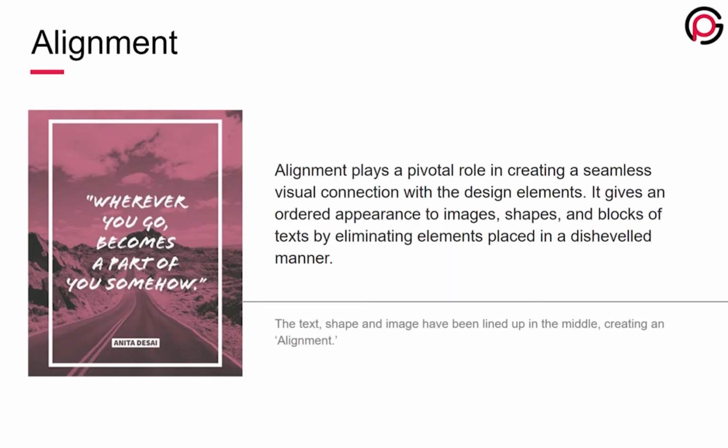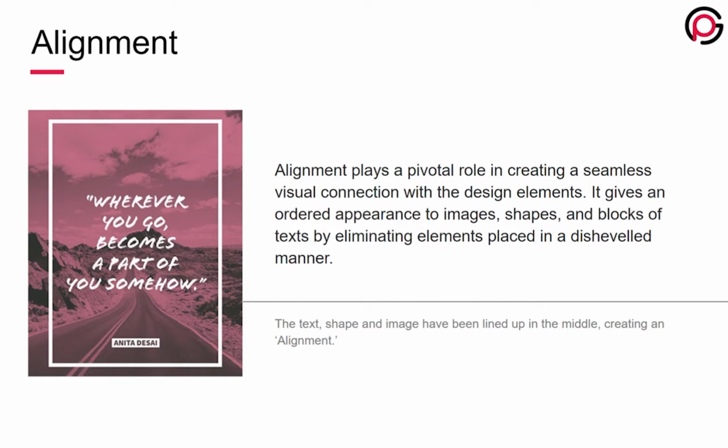Next one is alignment. Alignment plays an important role in design. Now, alignment can be of anything like shape, image, text, etc. We have four categories of alignment. First is left alignment, second is right alignment, third is center alignment, and the last is justifying. In left alignment, all the text or things we have placed will be aligned towards the left side. They need not be aligned from the right. The same goes for right alignment. All the text or things we have placed must be aligned towards the right-hand side.